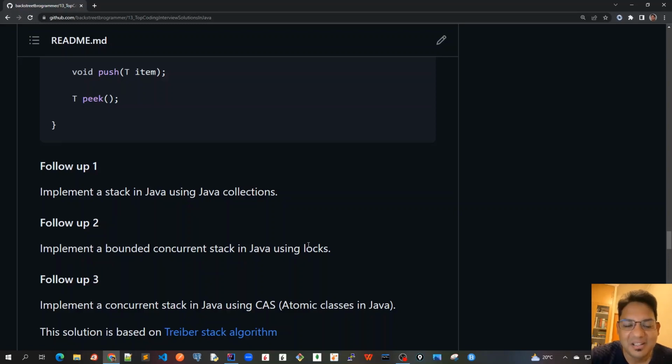Good morning, friends. Let's continue our discussion about the stacks. In the previous two videos, we have seen how to implement a stack using our own implementation without using any Java collection. And the first follow-up was to use the Java collection, that is java.util.Stack. Now, in this video, we will see follow-up two, where we have to implement a bounded concurrent stack in